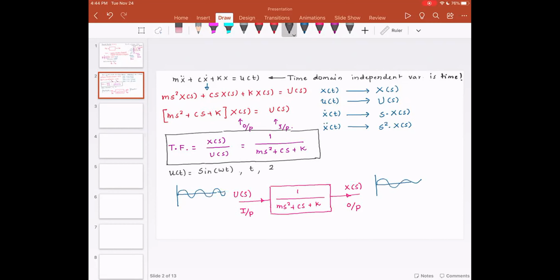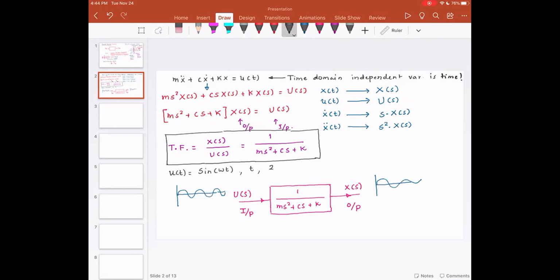I have this function, which is given as ms square plus cs plus k. I have this function and this is being multiplied by some constant. So let me just say that I'm feeding 1 to this. Now my question to you